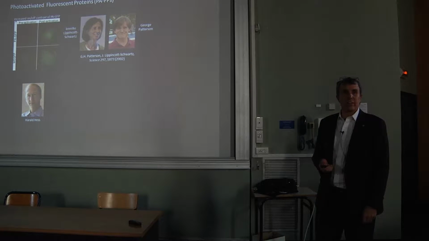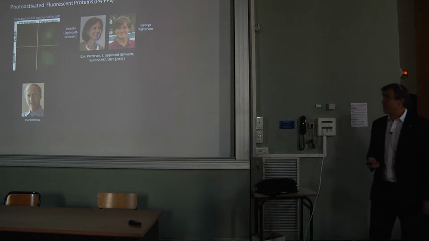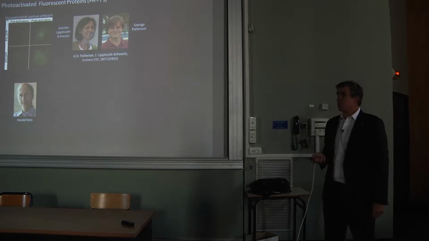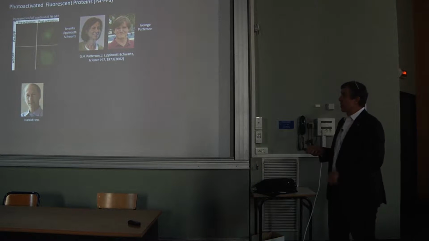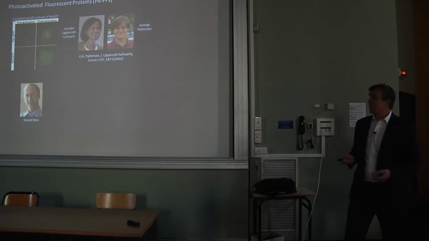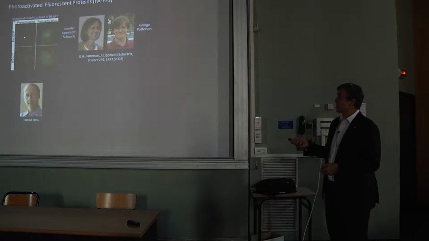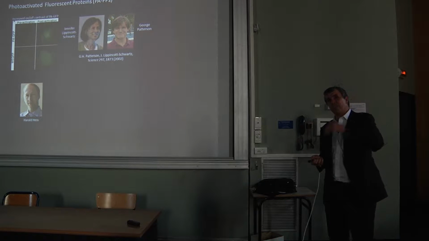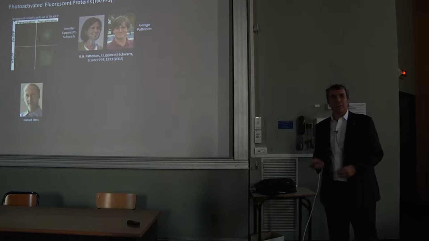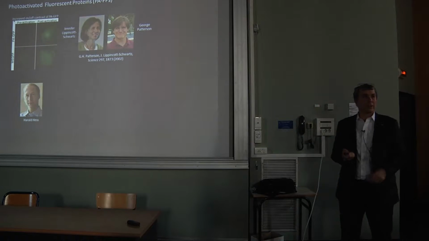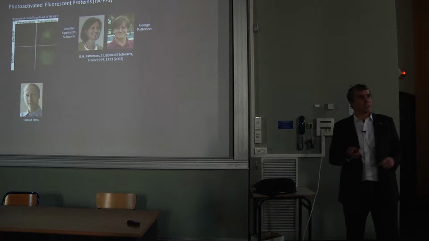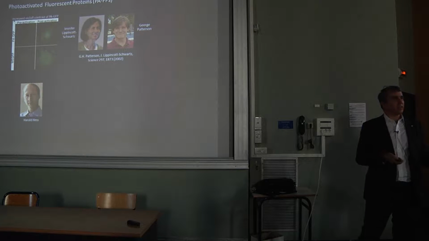So fast forward 10 years after I'd failed in my dad's company and was looking for something new to do, when my buddy Harold Hess, who had been at Bell with me, and I learned about a new type of fluorescent protein, which is initially non-fluorescent unless you shine violet light on it, in which case it becomes activated, and then if you shine blue light on it, it would glow green. This was developed by Jennifer Lippincott-Schwartz and George Patterson at NIH, and we immediately realized when we heard about this that this was the missing link to make that idea that I had pitched a decade before work.